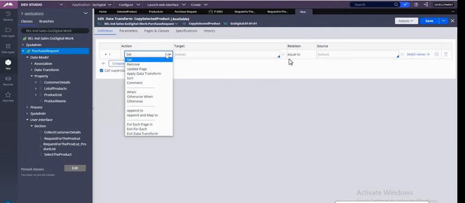And for each page in is like looping. So now we want for each page in. Why do you want for each page in over here? Because from a list of records you have to check which one is selected. So you have to loop through all the list of records, right? First record, second record, third record, fourth. You have to do this. So for that you need to have a loop. So in data transform you have a loop called for each page.